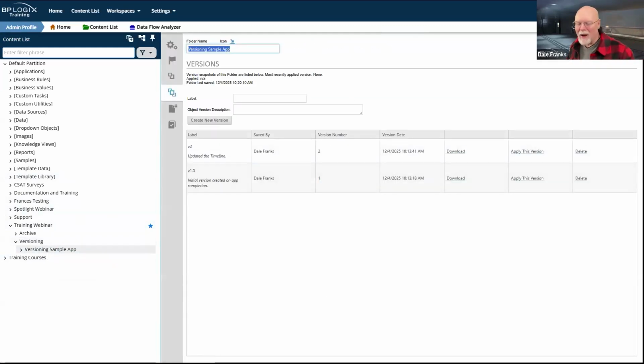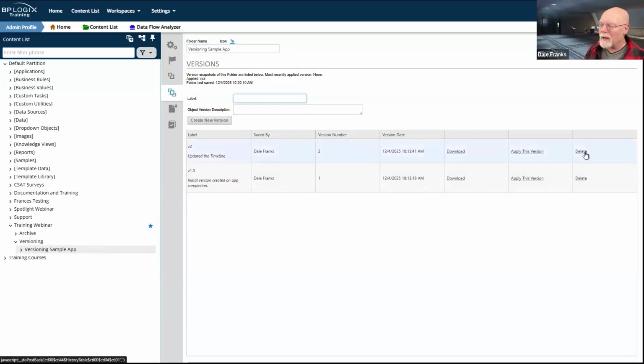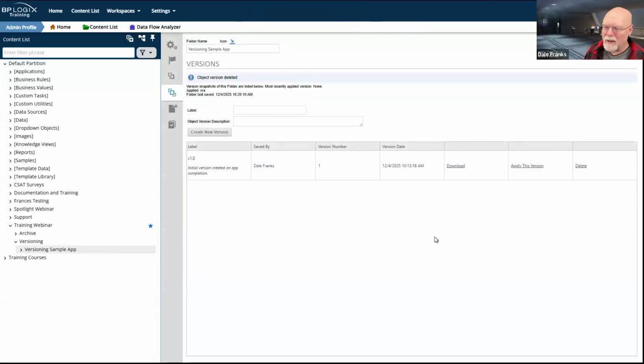There we go. Now I've re-imported it, and I can see I still have my old versions on that folder. Sorry, I thought when I imported it, I erased everything. I was just in the wrong folder. Okay, so again, let's go ahead and delete this version too. I said I wasn't going to, but let's just go ahead and delete it.